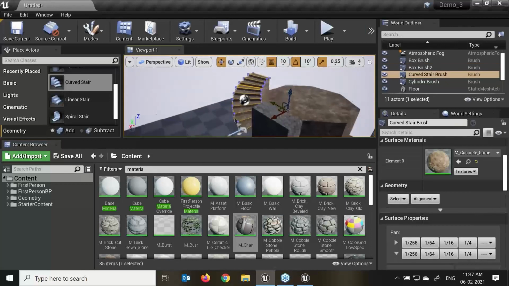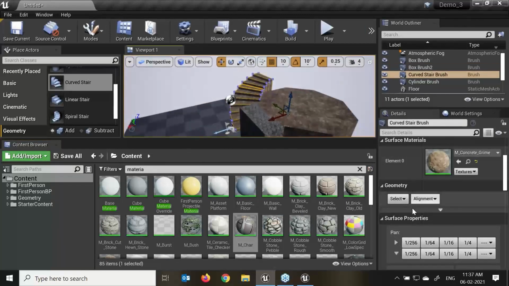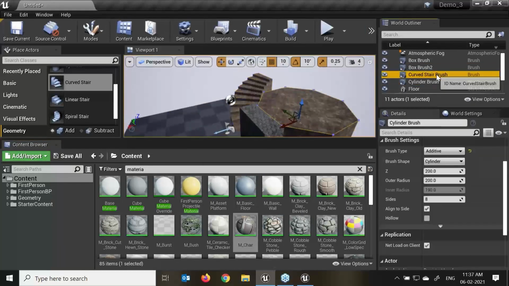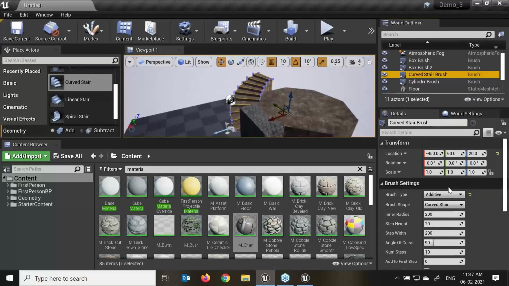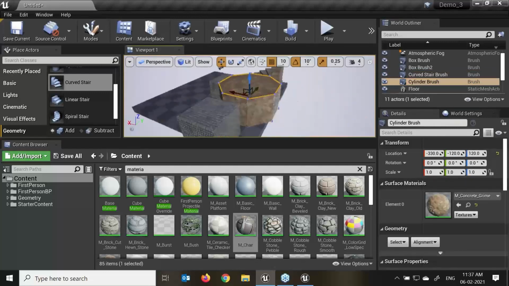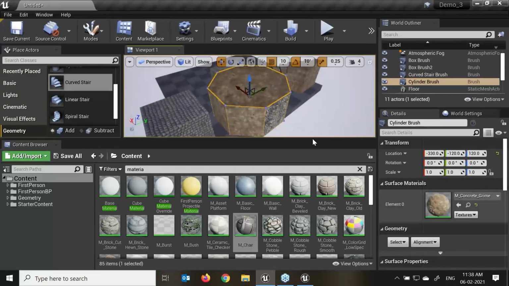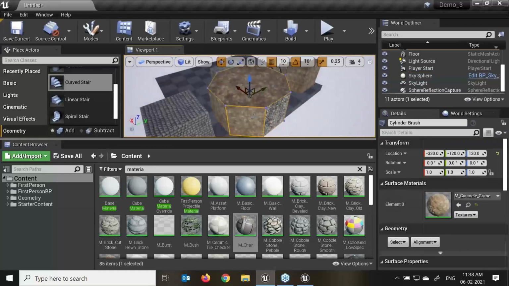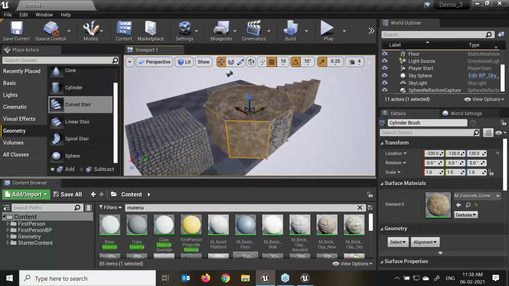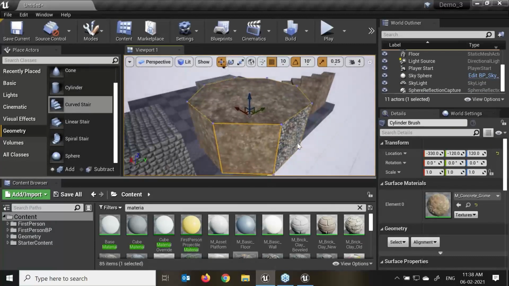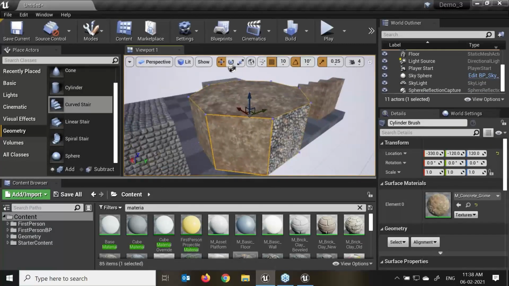When I select my brush types, here we can see there are different options. We have the geometry over here. If I select this object, here I'm not able to see those properties. If I want to change this particular face, now here you will see I have not selected that object. I have just selected this particular face of this polygon. Here we can see this wireframe in darker or a little bit brighter orange outline.